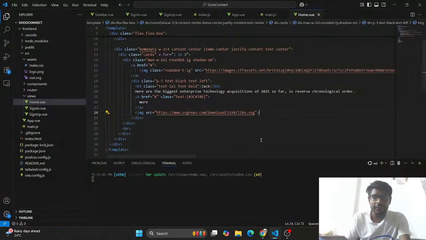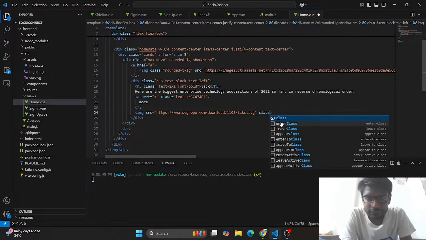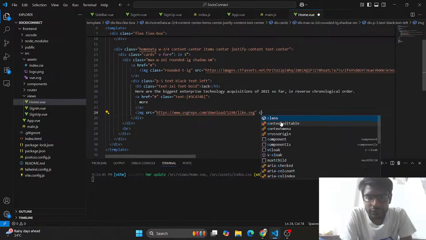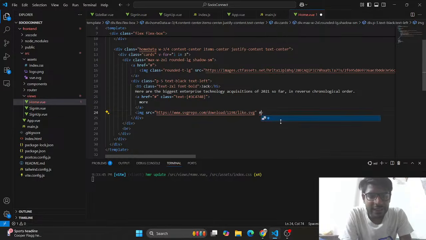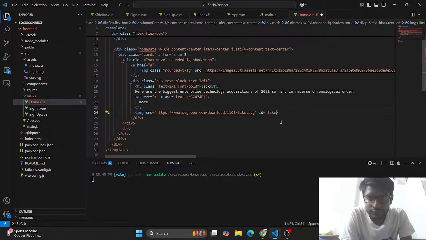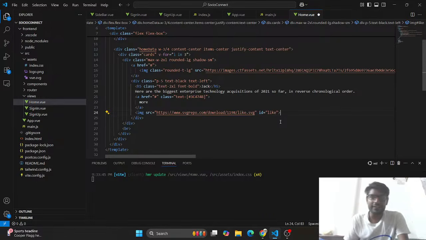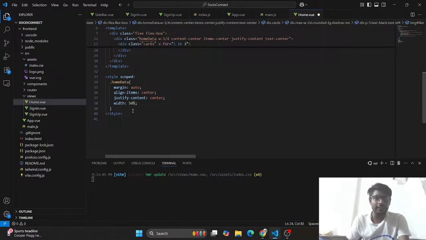It's too big. So we will add a size in the class, not in the class. Let's make it ID. And this time, and again we will add a, first let's make this size available